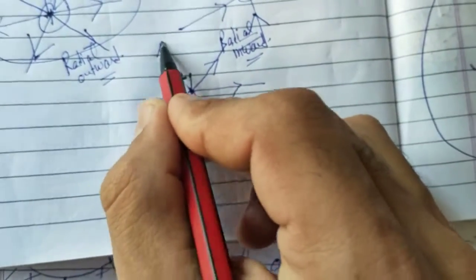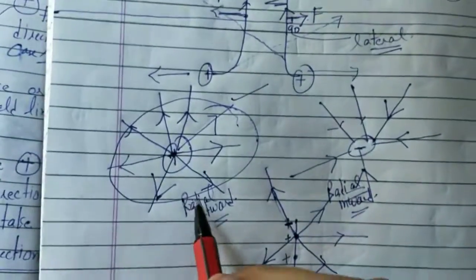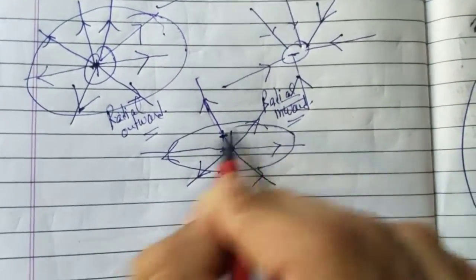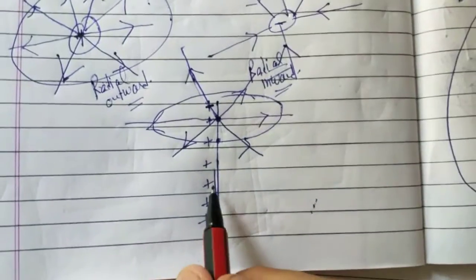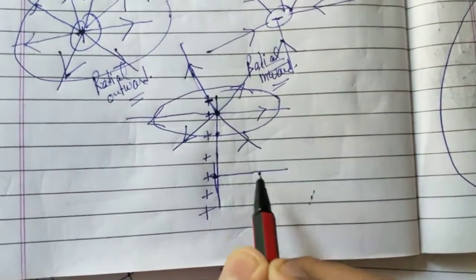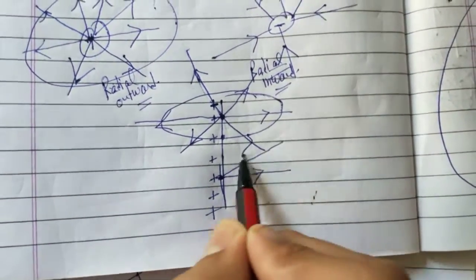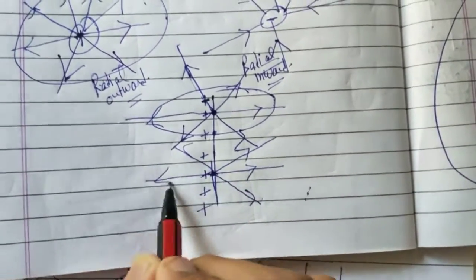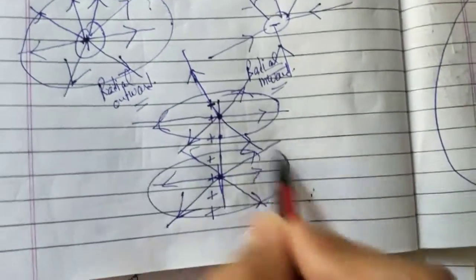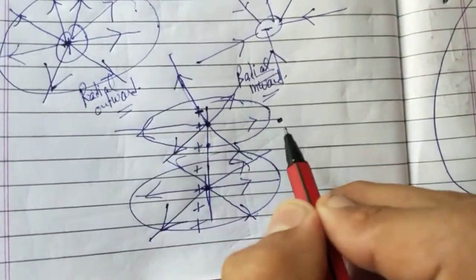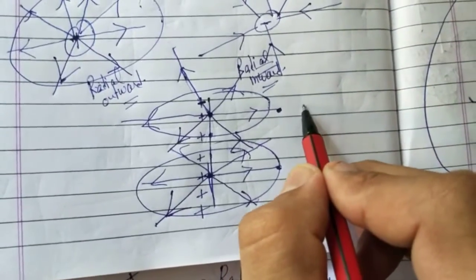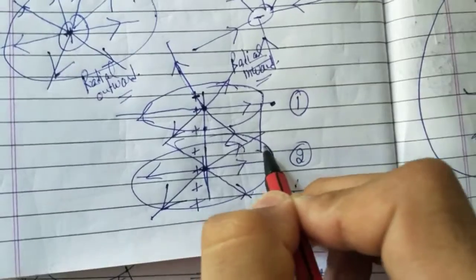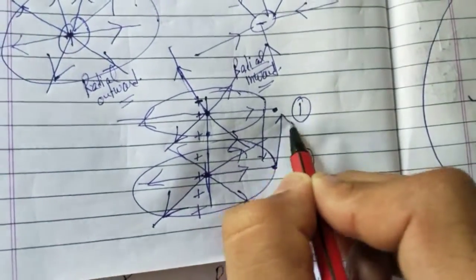Means again it's a point charge, right? And point charges will behave like this. It will form like this concept. And due to this also the same concept is going to take place like this. So like this field line and this field line, suppose this is 1, this is 2, it will repel this field line and this field line will repel this line.